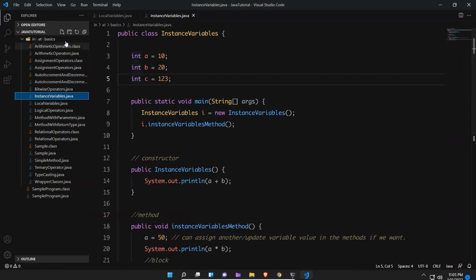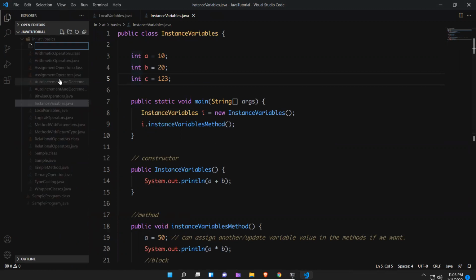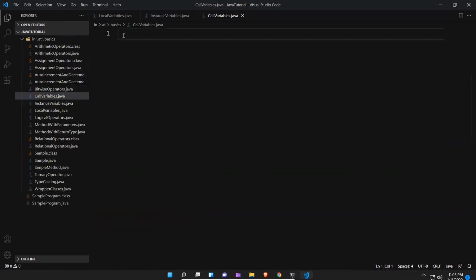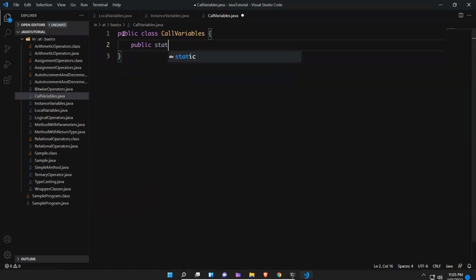So let me create another class, CallVariables.java. I'll create a public class and, as usual, the main method, public static void main(String[] args).